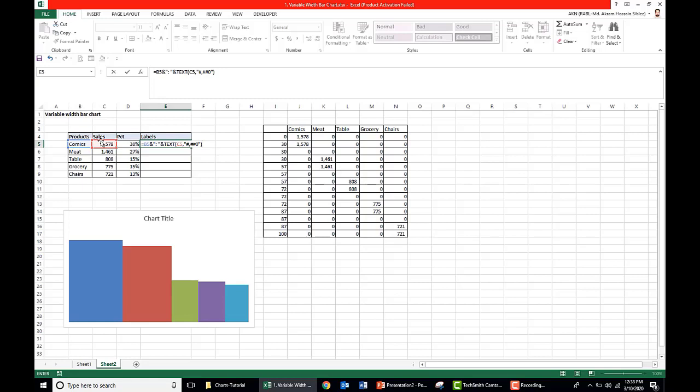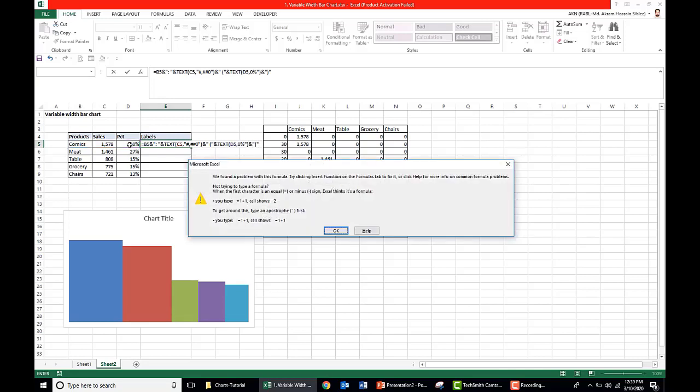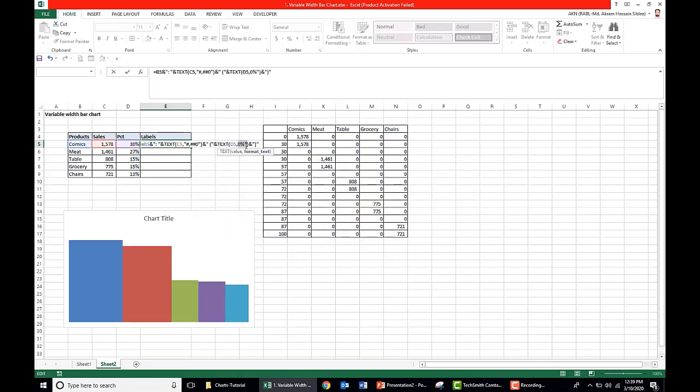Again we need to show the percentage, that's why we add a bracket here, space, bracket, and we take the percentage here, and take this percentage format, close bracket, and for this bracket we need double inverted commas.